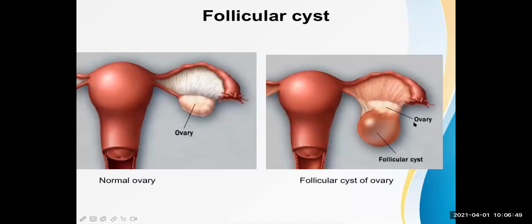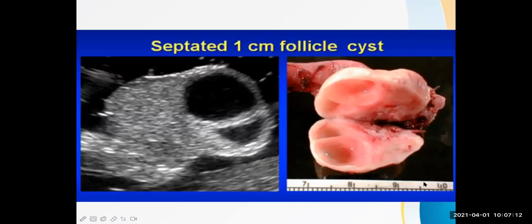Let's move on. Let's see a picture. There is a normal ovary. You can see here. This is a schematic diagram, but very informative. Here is a follicular cyst. It looks a very big one, isn't it? In comparison to ovarian size, it is really enlarging. So this is a follicular cyst. Now see, this is an ultrasound showing the follicular cyst, and this is the removal. This is a real specimen removal, and we have cut, and this is a follicular cyst here.